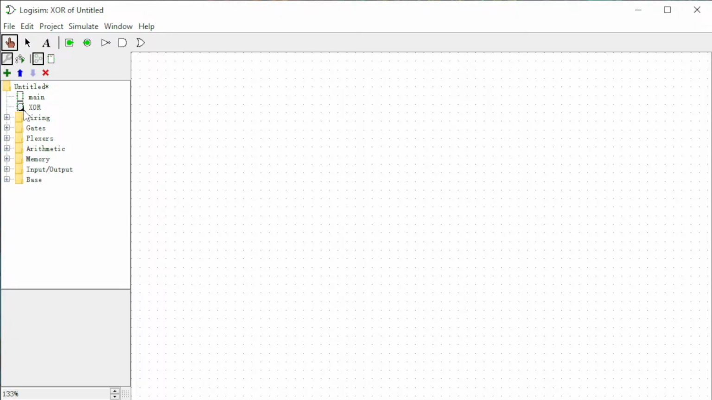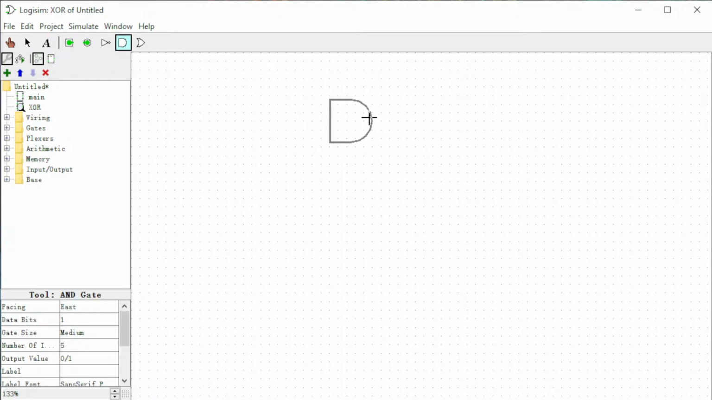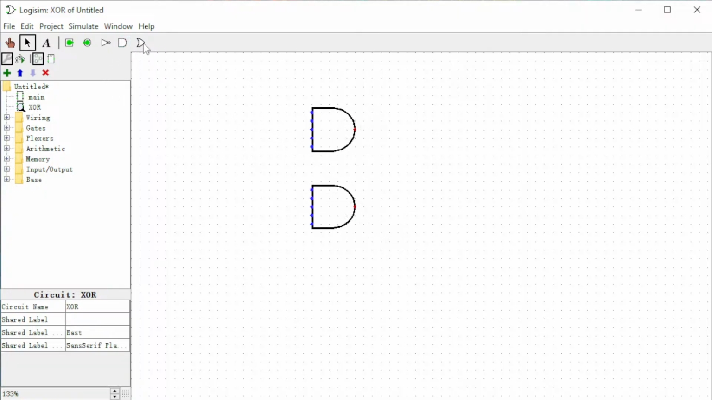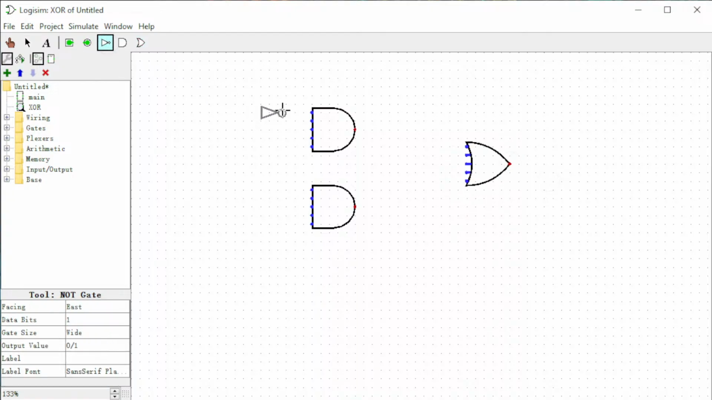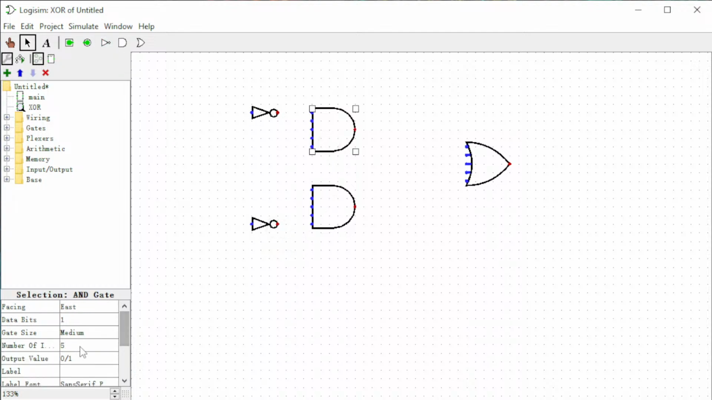So this is used to simplify the circuits. For example, the XOR gate is actually complex. The real design of the XOR gate has two AND gates, and then there's an OR gate, and at each end there's a NOT gate attached to it. The input of this AND gate is 2, and then this one is 2, and this one also 2,